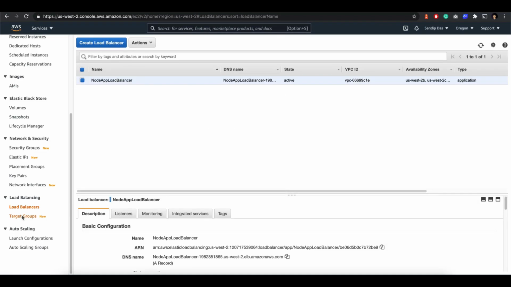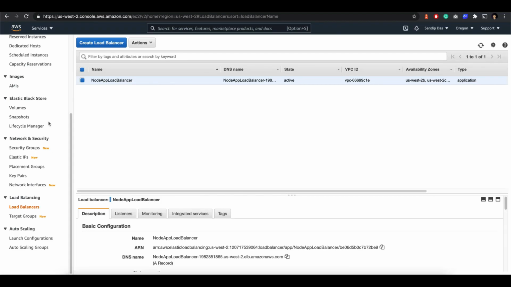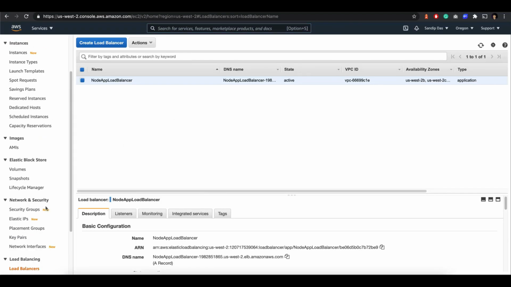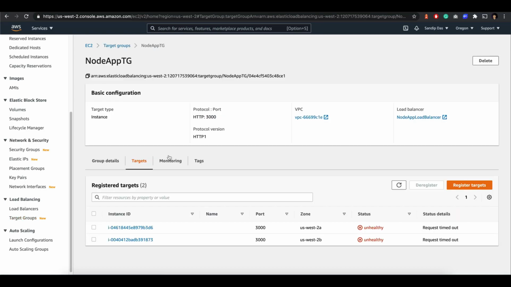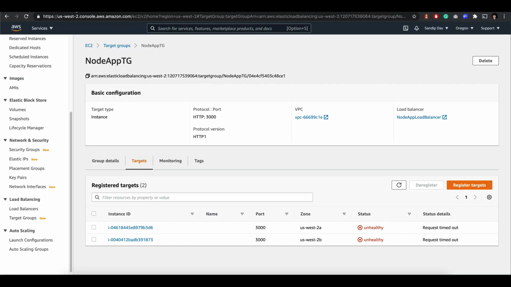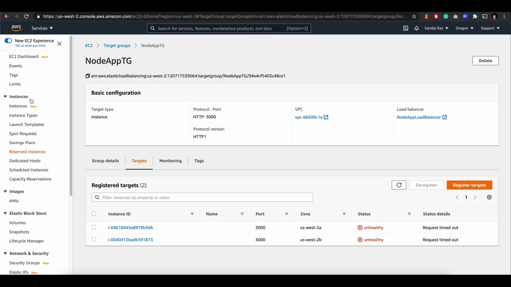Mistakes happen, so don't worry about this. While you work, many kinds of mistakes happen, so it's perfectly fine. Let's see, this time it should work, and yes, working. So we have successfully configured the load balancer with the auto scaling group. Now comes the part about CodeDeploy. So it's working. If we go to the target group and refresh, it will become healthy soon, so don't worry about that part. But our application is working now.